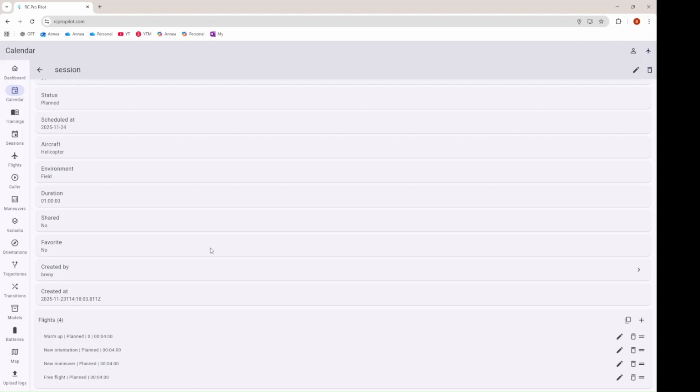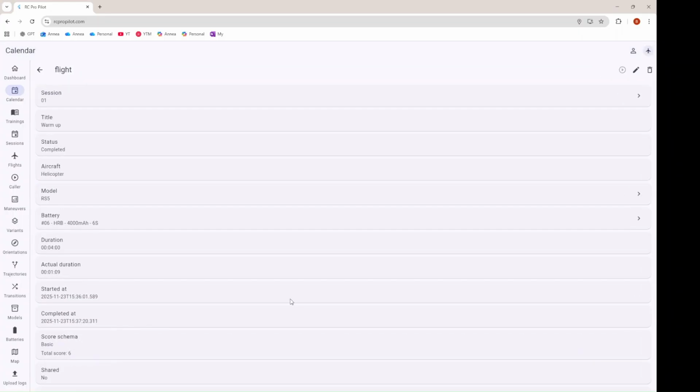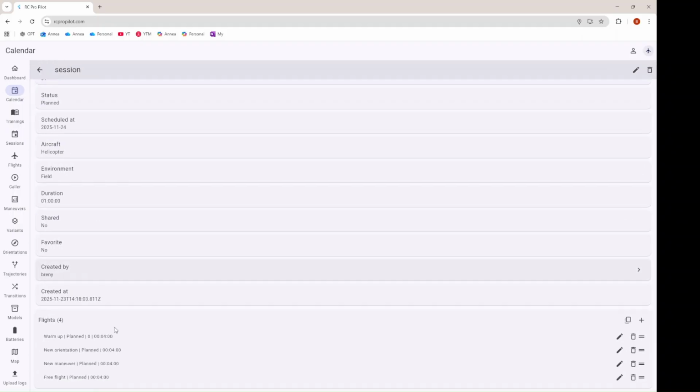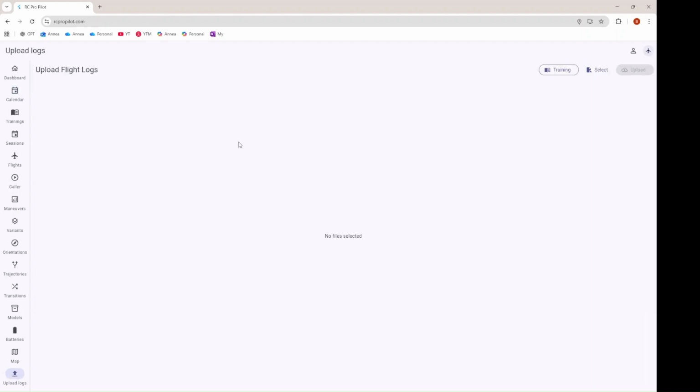Now, one more thing you can do when you come back home is upload your telemetry data from your radio, if it can be provided. This could be quite useful for pilots with radios using OpenTX, EdgeTX, or any other which can provide the telemetry data as comma separated values. It's very simple. You just go to upload file logs, select all the file logs you want to upload, and it will automatically match